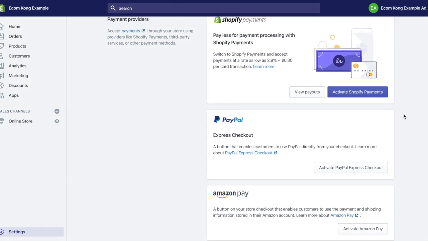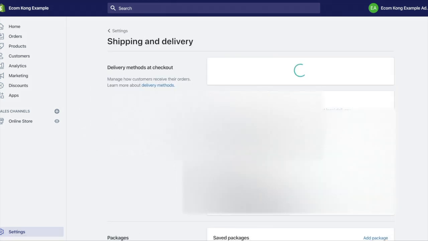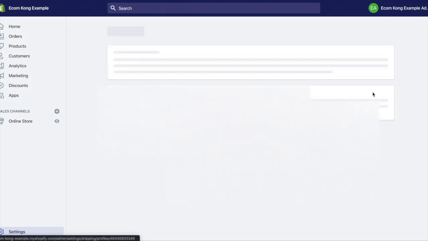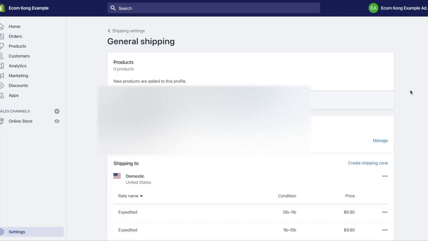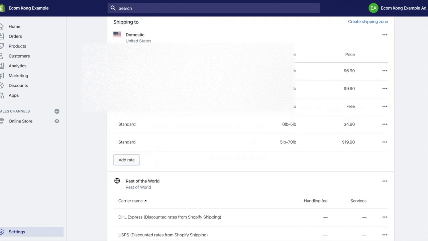And so the next thing that we're going to do is we're going to hop into the shipping settings and update that. So we're going to click on settings. We're going to come to shipping and delivery. Now we're going to choose manage rates. And as you can see here, there will be a bunch of default shipping settings